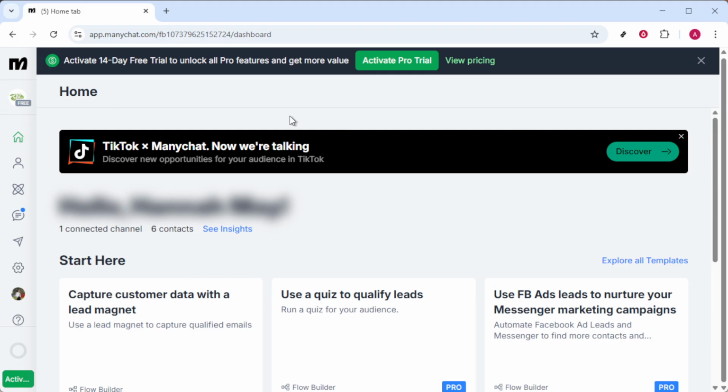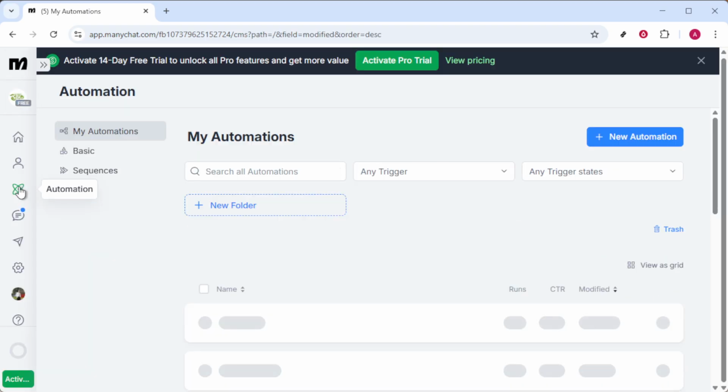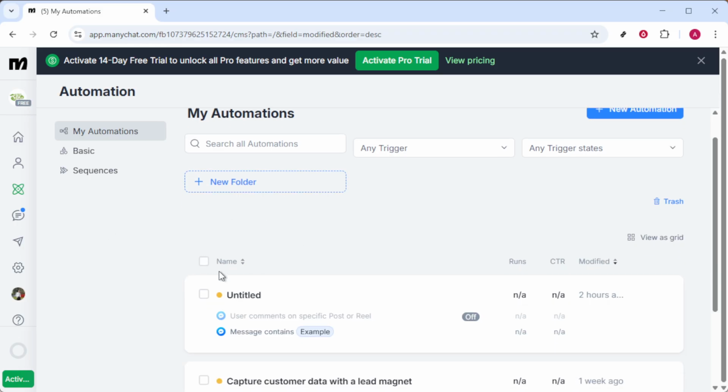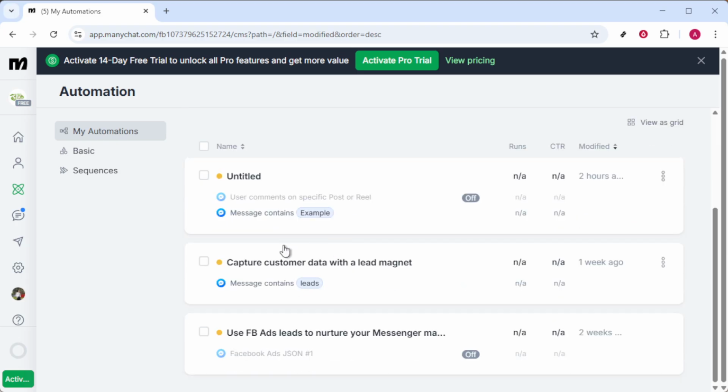Once you are on the ManyChat dashboard, direct your attention to the left-hand menu panel. Here, you'll want to click on the Automation tab. Automation is an incredibly versatile feature that allows you to create flows, sequences, and broadcasts that can maximize your reach and engagement with the audience. Clicking on this tab brings you into an important area where most of your interaction planning happens, including where you